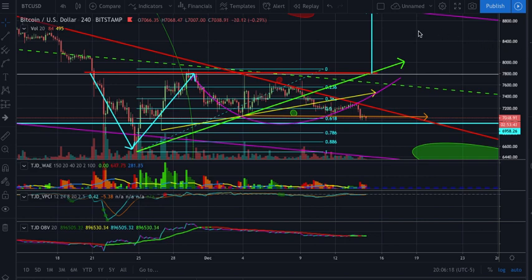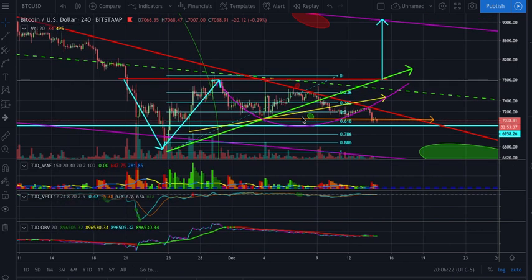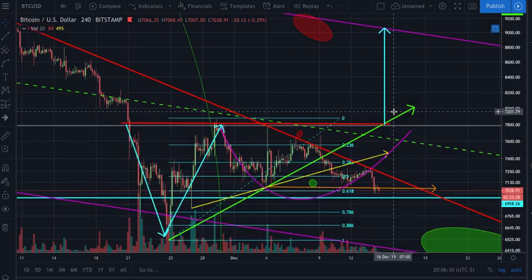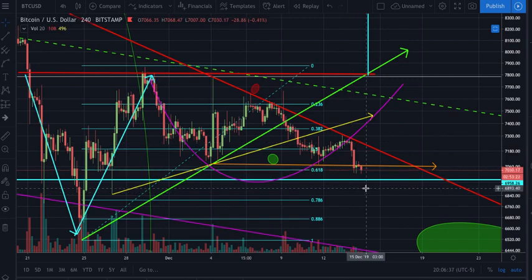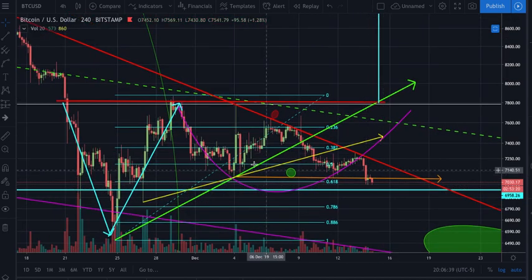Alright, so here we got the Bitcoin chart. Just like we had said, we were testing up on that same resistance line that had been smacking us down, this red line right here. And of course, as soon as we moved up to it, it did what it does best. Rejected us, consolidated, dumped, and now we dumped straight back down to a lower low than that previous swing.